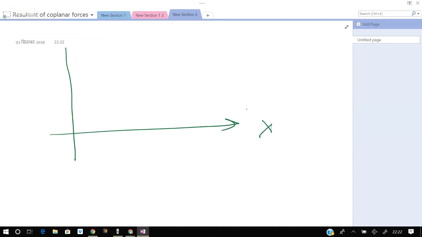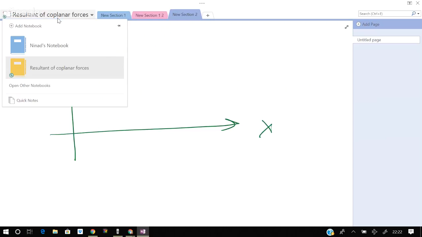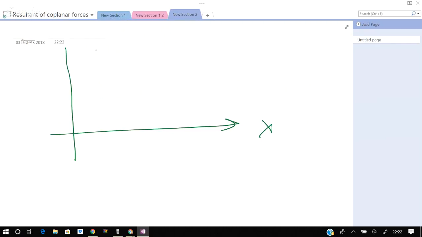Sorry, this is x-axis and this is y-axis. X and y-axis. So whenever we have a component of force which is lying in first quadrant, we represent it